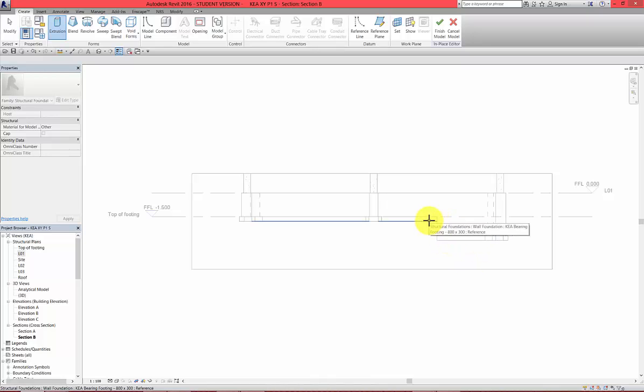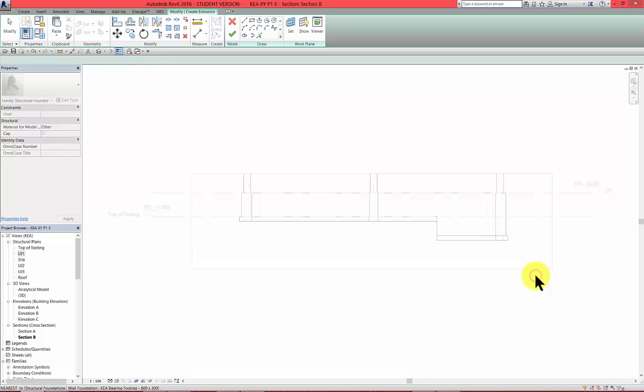You need to use the tab key to get the right part. This is the right part, left click, and then create the shape, draw, that's fine, depth -800, that's fine,